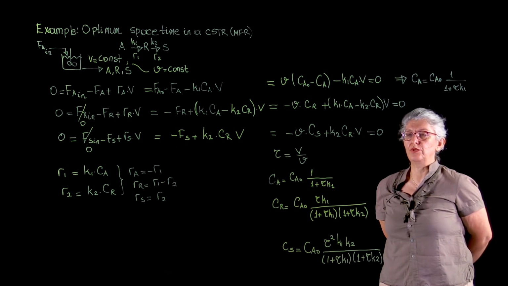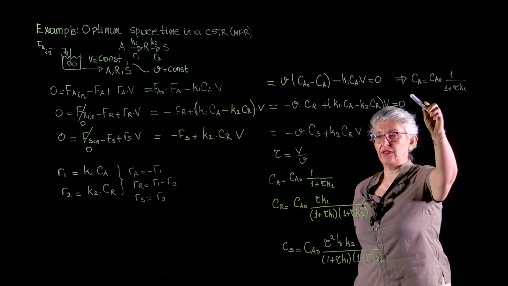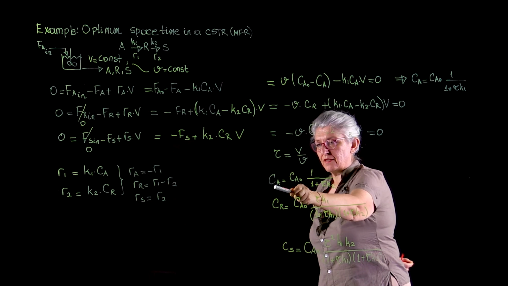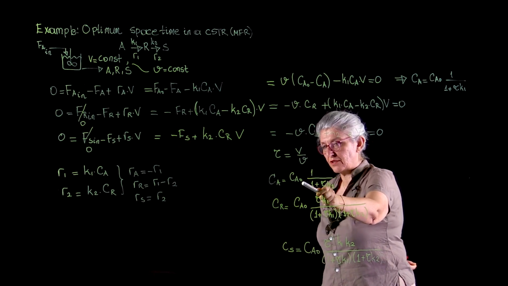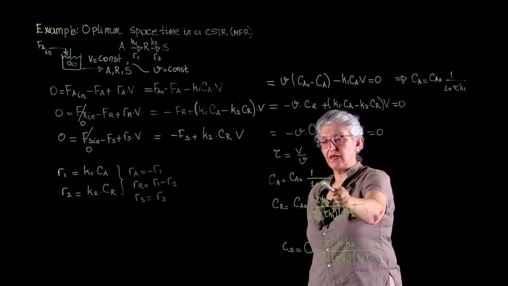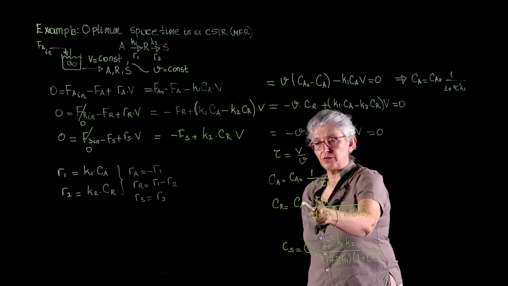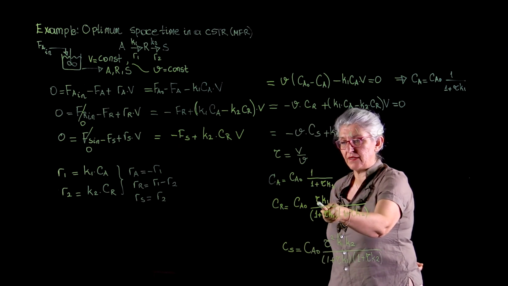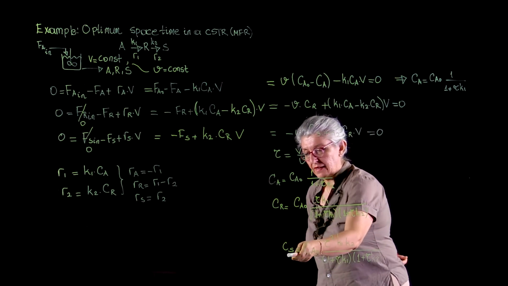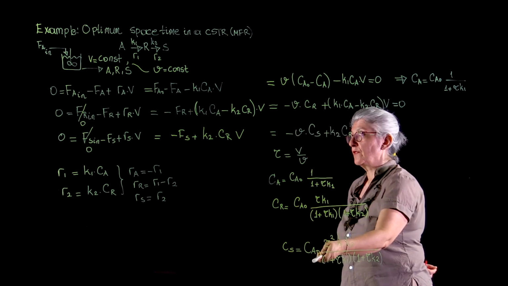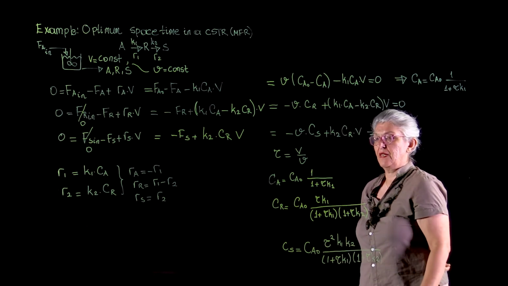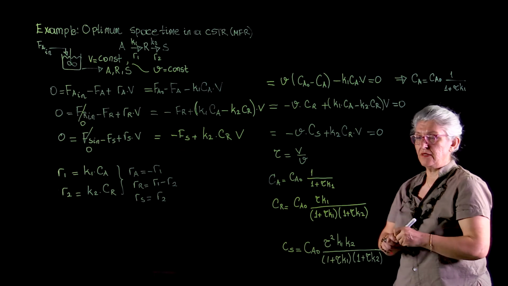So the solution of the set of equations gives us the concentration of A in terms of initial concentration of A, the space-time, and the rate constant of the first reaction; the concentration of R in terms of initial concentration of A, space-time, and the rate constants of the first as well as the second reaction; and the concentration of S in terms of the initial concentration of A, space-time, and the two rate constants. Now we are going to look at these equations